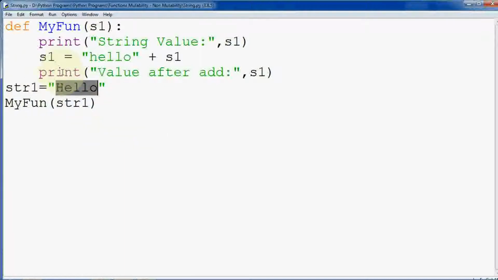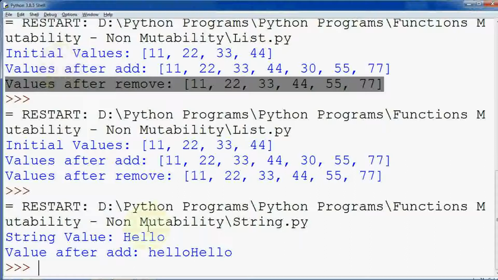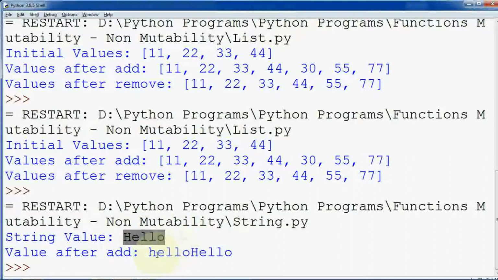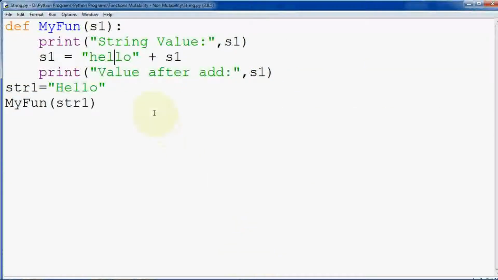After that I have used the plus operator to concatenate this word and this word. So it will produce the output in this manner. First string hello, then the appended string, hello 2 times. So in this manner you can pass the string: declare your string, then pass it as an argument, as a parameter.